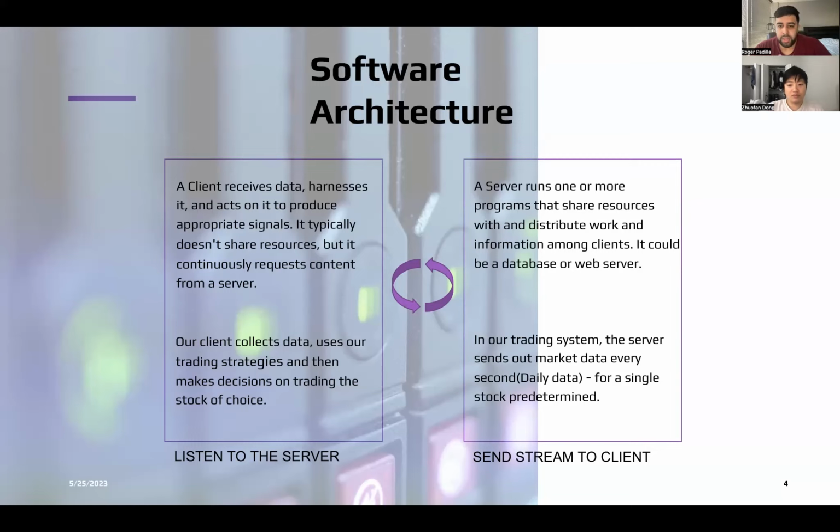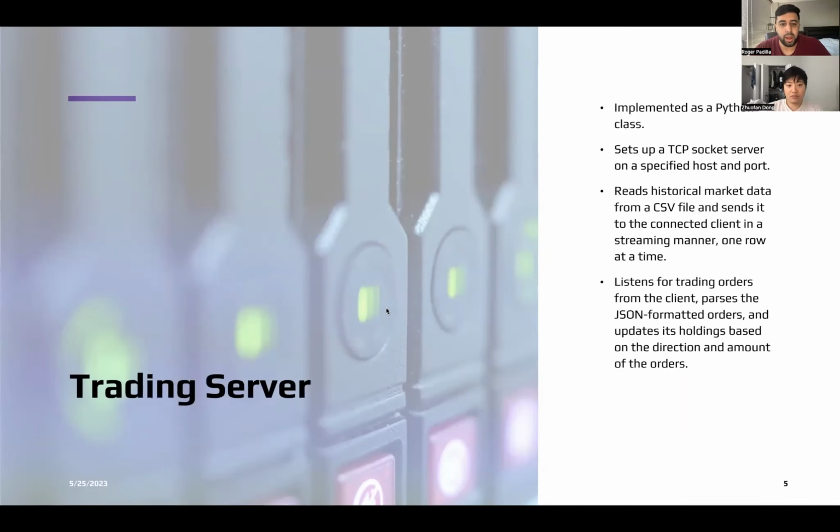In our trading system, the server sends out market data every second for a single stock that's predetermined. In our case, we used Apple. Our client then collects